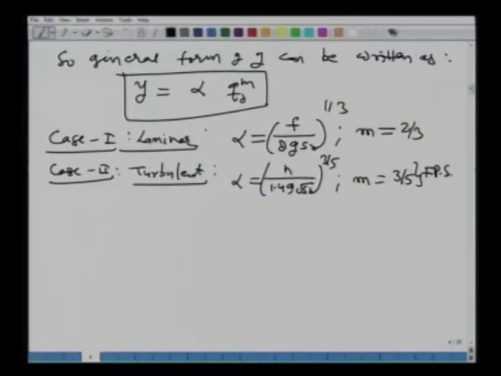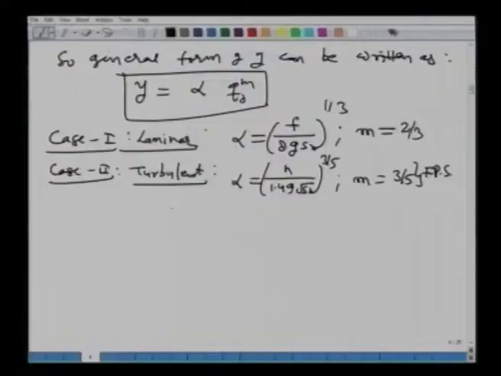Okay. Remember, in the FPS system, in the Manning's equation, you have 1.49, that factor which converts your units. All right. In the SI system, we do not have that factor of 1.49. So, we can write the alpha and m for SI system as well. I will give it to you directly. So, you will have alpha is equal to n to the power 0.6 divided by S0 to the power 0.3